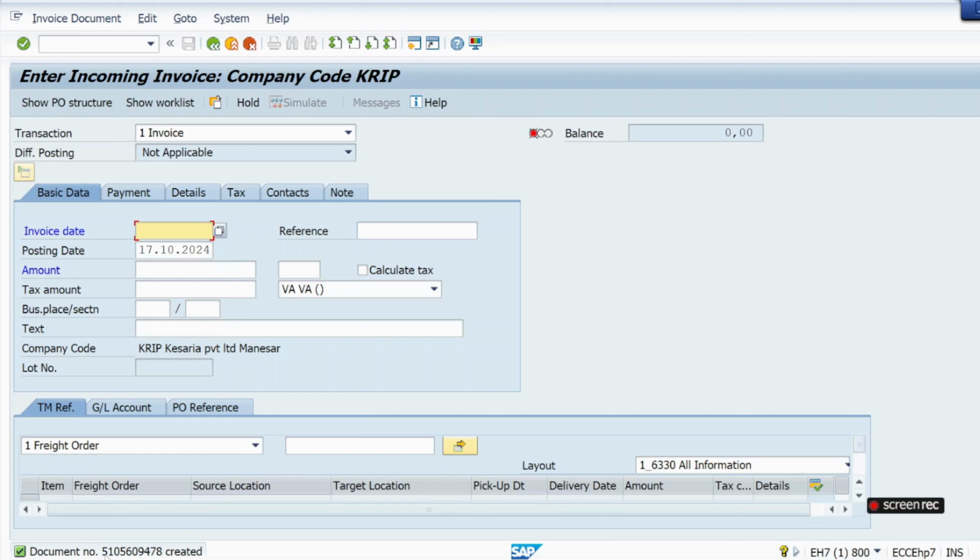I created invoice verification in Miro, right? I created the invoice using T code MIRO for value 1000. I just created it. If I want to create again for that same purchase order, can I do that? Yes, I can do that. Let's suppose